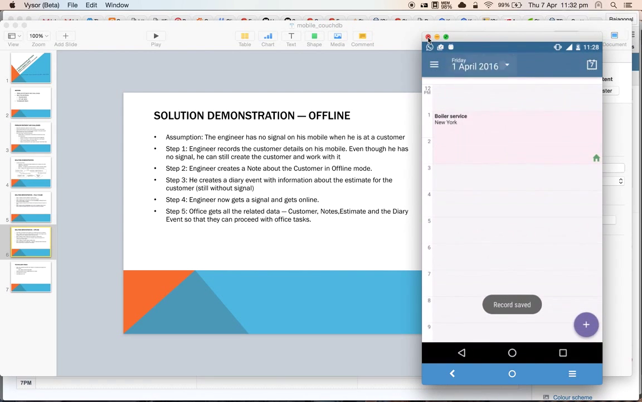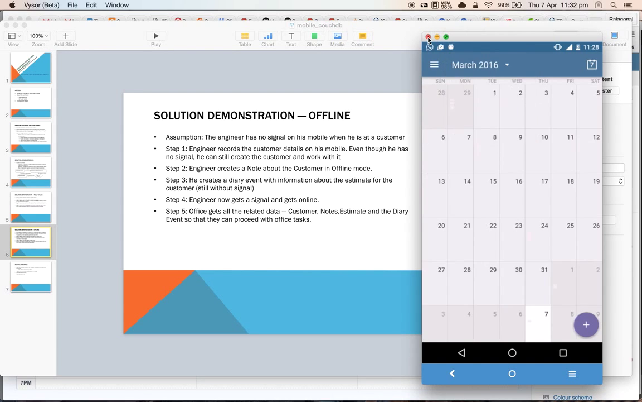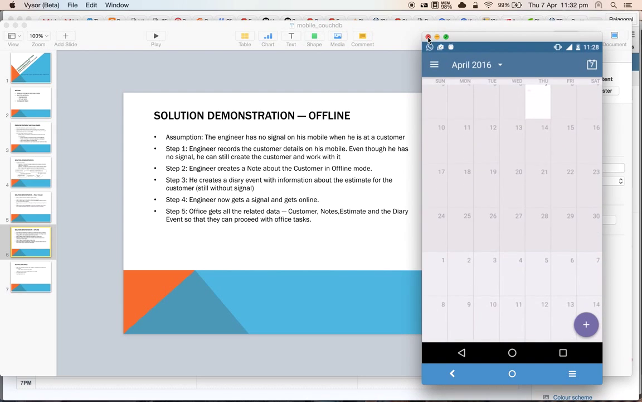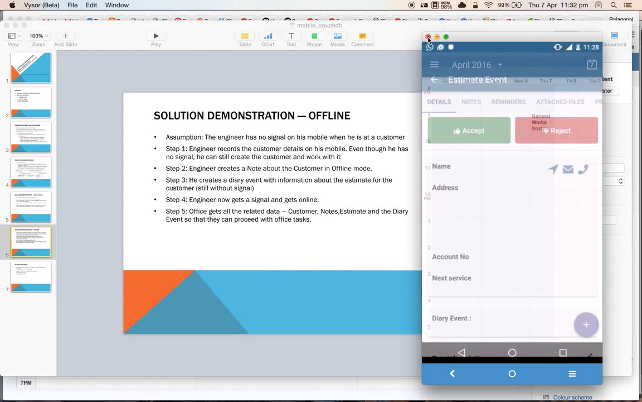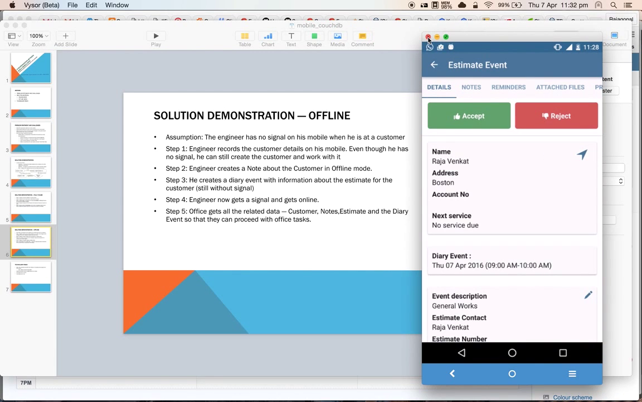So now when I go to the event, let me look at the month view, April 7th, which is today. I have General Works at Raja Venkat's house, who's in Boston, at 7 o'clock. At this time, you can see that none of this is available online. So I'm going to prove that by going to the web